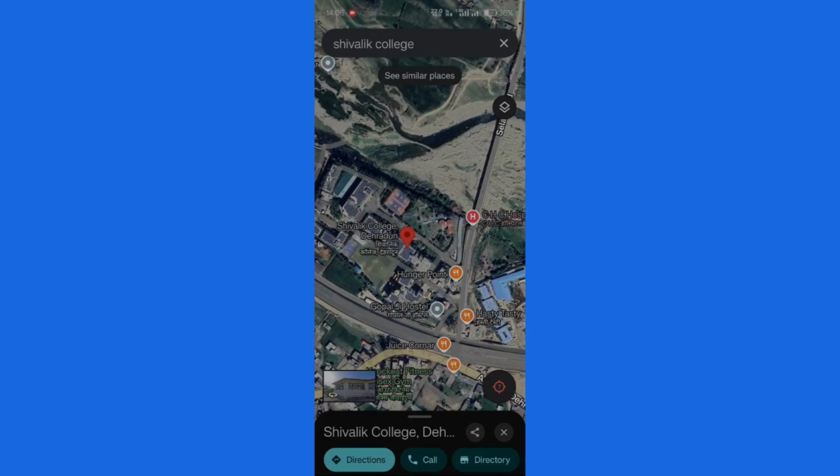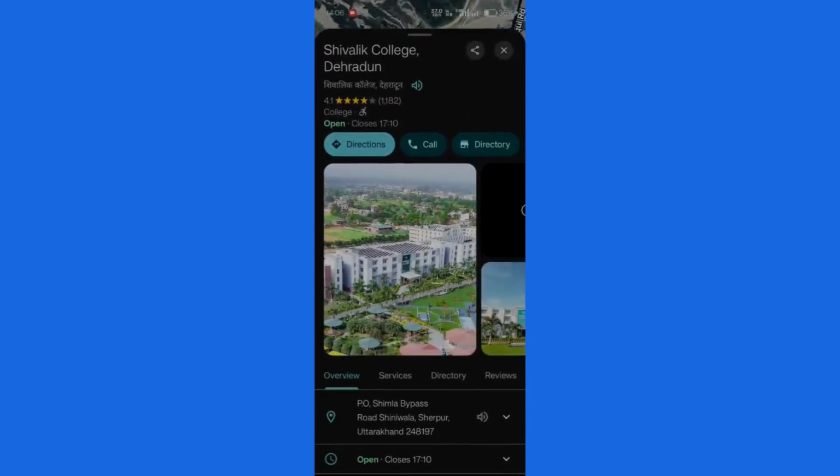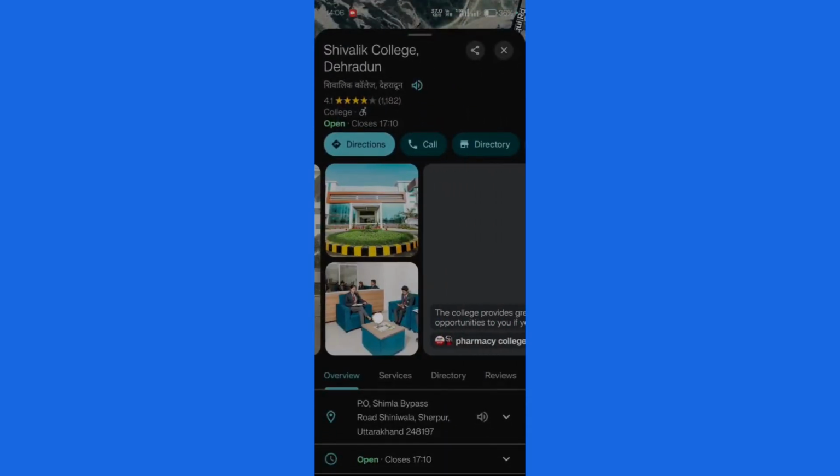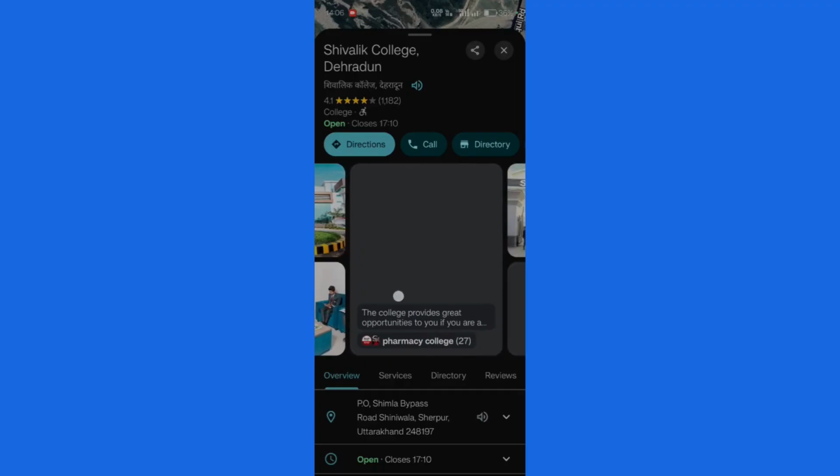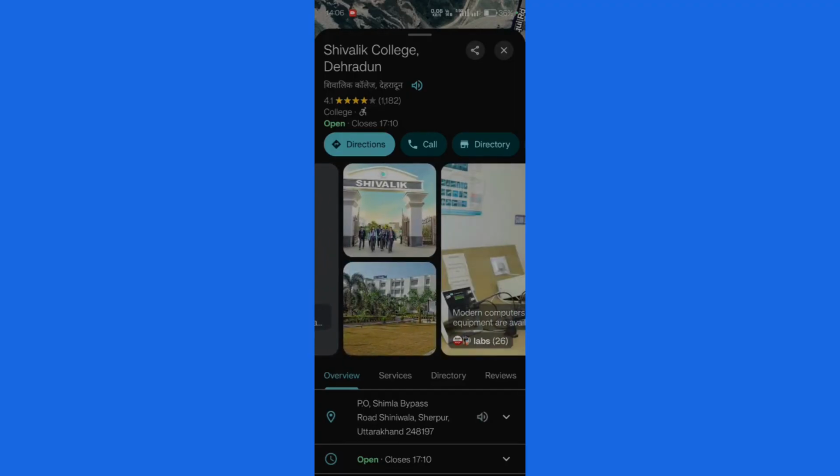So you might have come across buildings which have images like this uploaded by people, so then you can get an idea of how this place looks like. So if you also want to contribute and want to upload your particular photograph, then you need to follow these